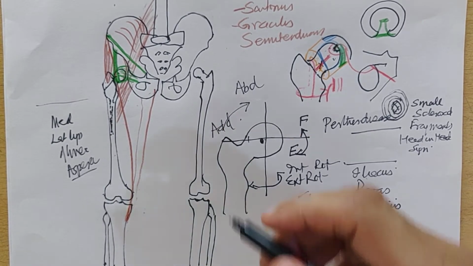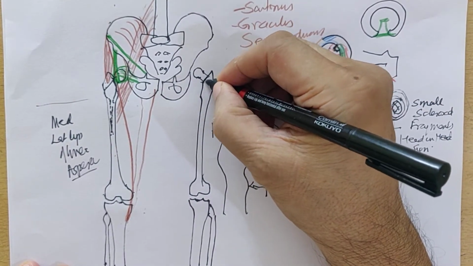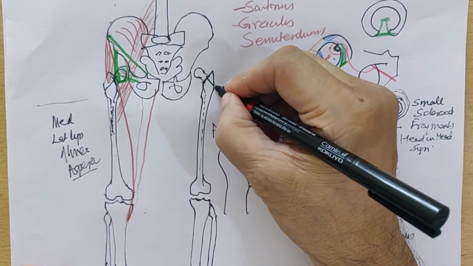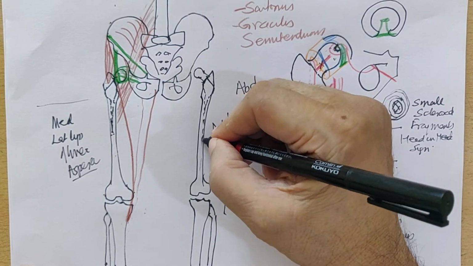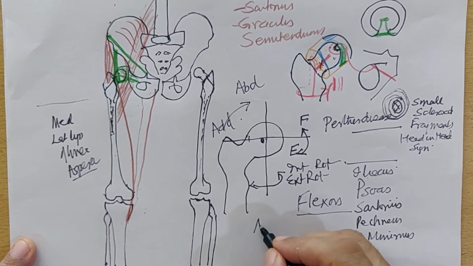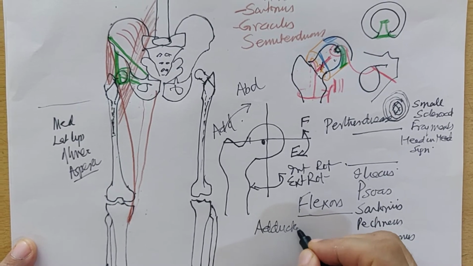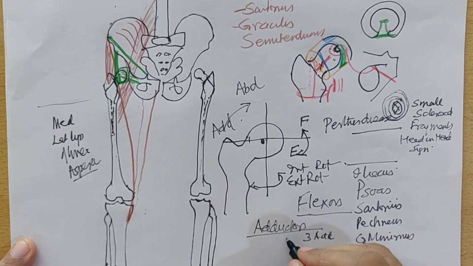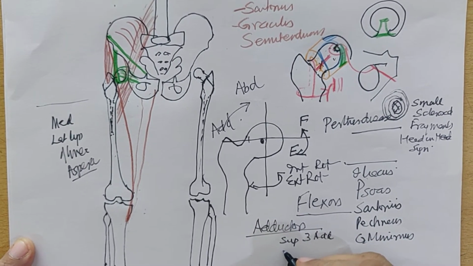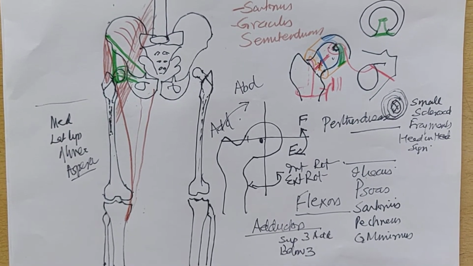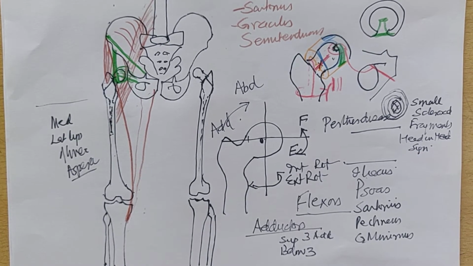Now on the other side, we'll again make the intertrochanteric line, and then the subtrochanteric line, and we spiral it to form the linea aspera. And now we start attaching the adductors. So now there are 3 adductors above and 3 adductors below. The 3 adductors above are